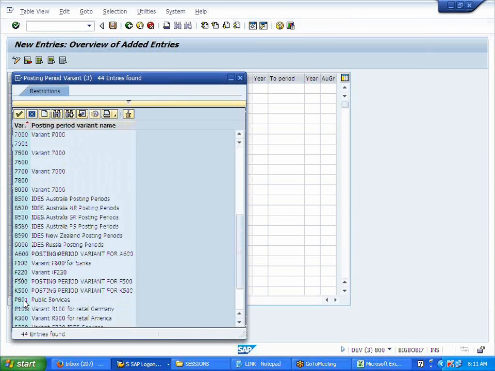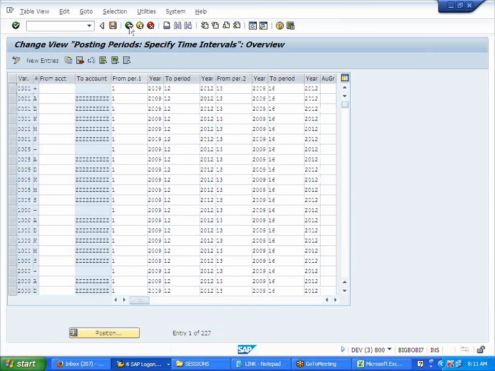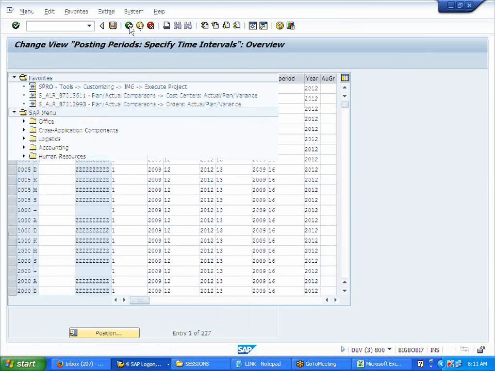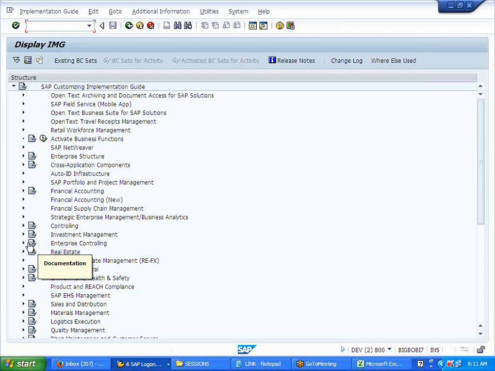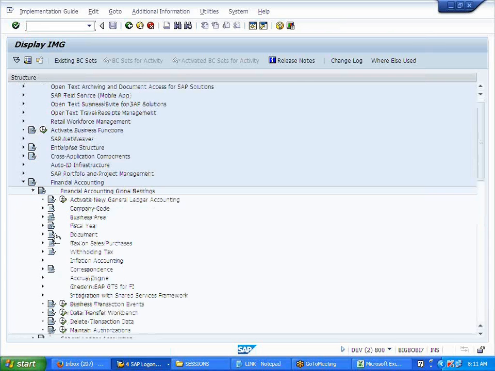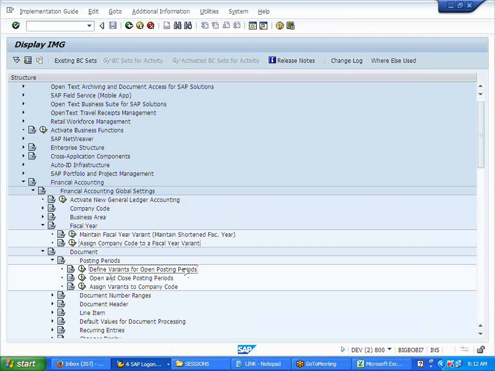Posting period variant. You're talking about fiscal year; there are two variant settings for the fiscal year, right? You did not do the settings. I'm telling you, you did not do the settings. You people are telling me you have done them. When you do fiscal year, these are the two settings. Yeah, she has done that. What about the posting periods? Here you will identify which year goes through this variant. Oh, I think I forgot to tell her about that.